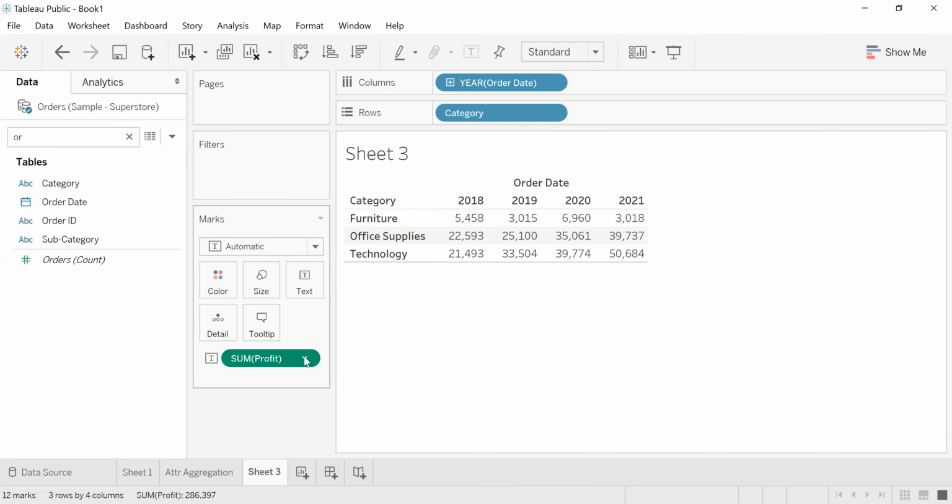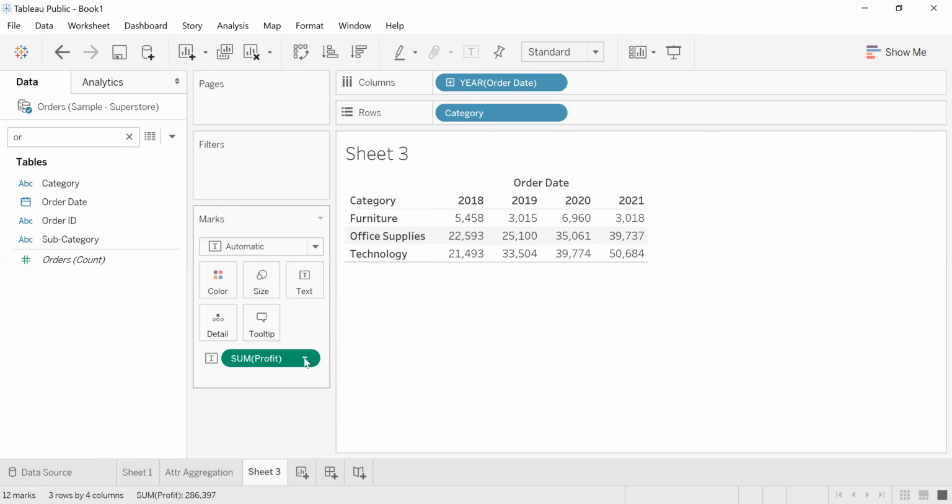Means I'm transforming my data, or seeing the same data in a different form. I'm transforming my data within the view. So this is called transformation of the values present in the visualization. It's called a table calculation because I'm transforming the values. So transformation of the values within a visualization. This is my visualization, so here I am doing my transformation. This is called table calculation.